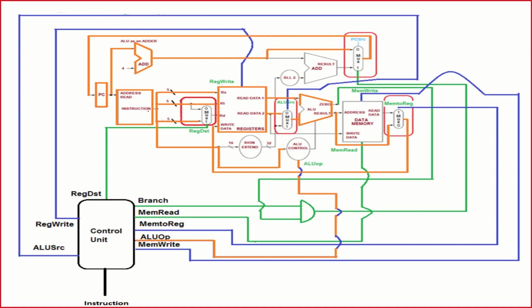Now what we have done is we have clearly traced it for the R type instruction, assuming it is an add type instruction. I have traced that, and the only inclusion that we had here is this one. Also we are taking this path instead of the path which gives you the branching operation enabled. That's it. Now please make sure you draw all this properly for all the questions so that you will not end up missing marks. And when the ALU outputs 0, it doesn't matter here, so I did not highlight it. You can see that no highlight has happened here because we are not talking about the branching instruction.